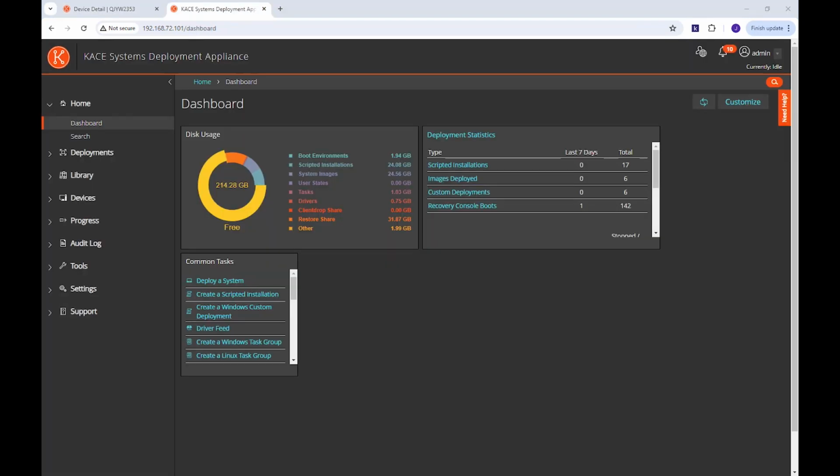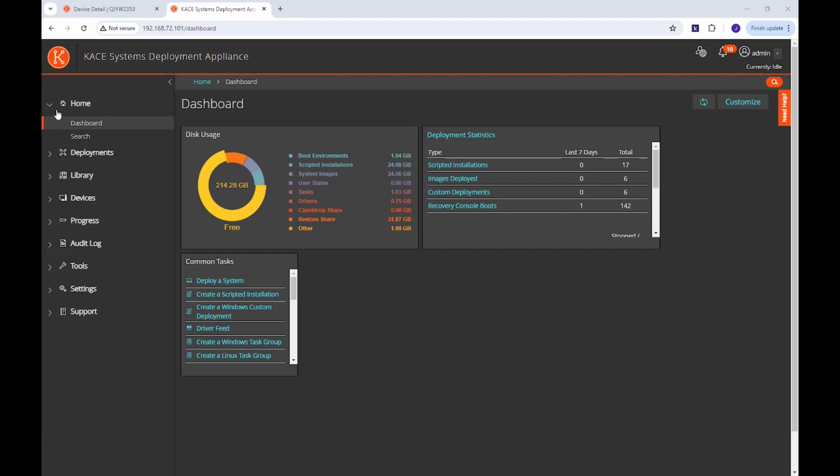Next up is walking you through what the Case Systems Deployment Appliance can do for you as it relates to CrowdStrike. For demonstration purposes, I'm going to walk you through the exact steps, but don't worry about taking notes. At the end of this presentation, I will share a QR code that will take you directly to the IT Ninja article that will give you specific instructions step by step.